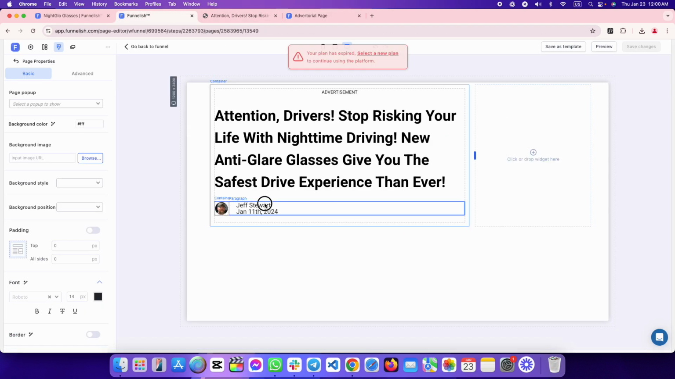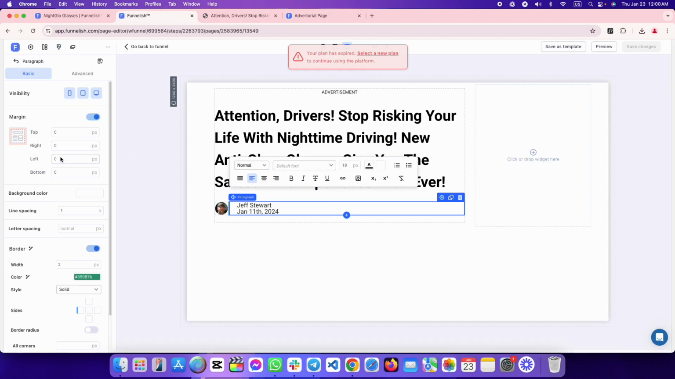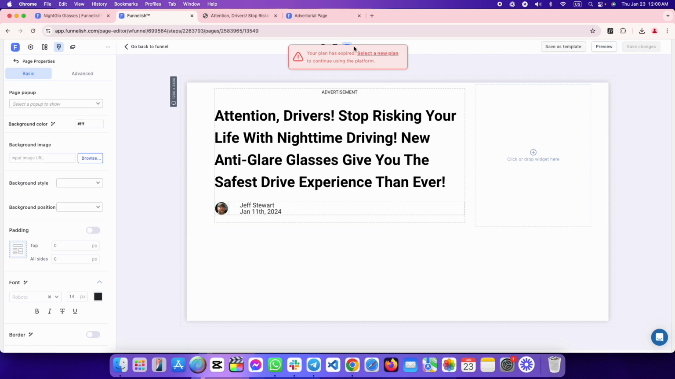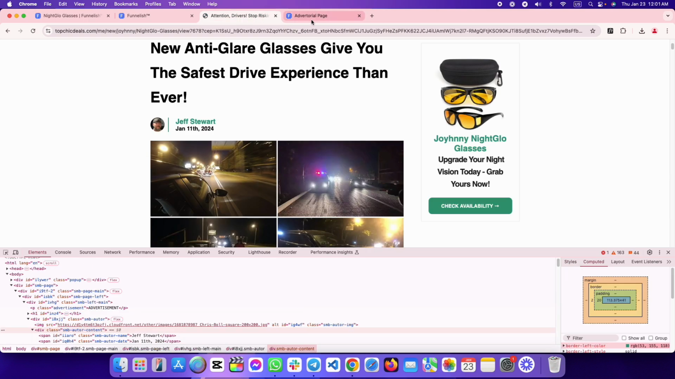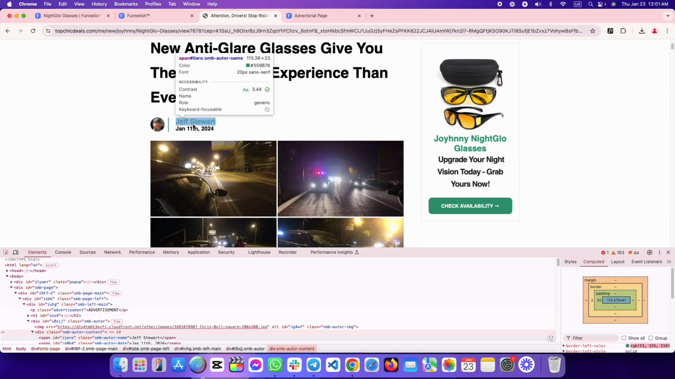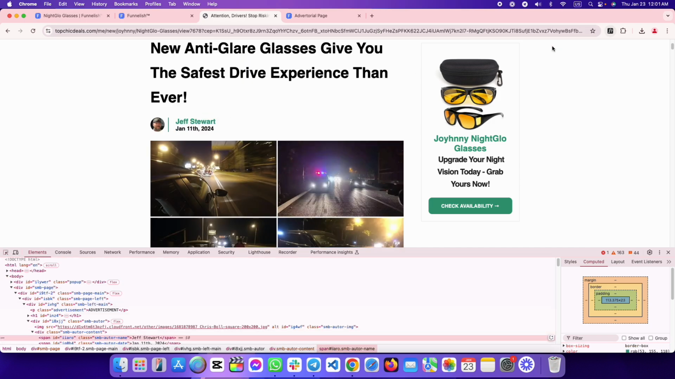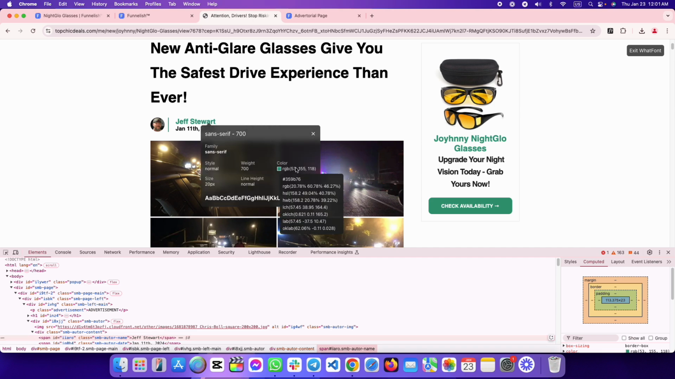We have to add a margin left, so we can set margin left 10 pixel. I think now it's okay. Yeah, it's okay now. Now we have to add font size and color. So we can see the font size is 20 pixels. Let's copy the font color,